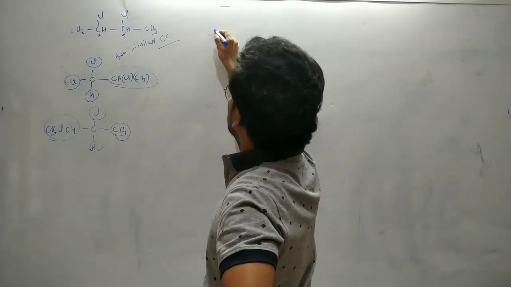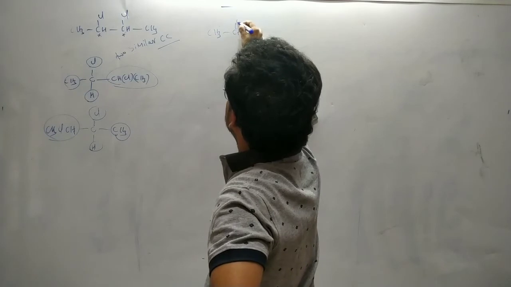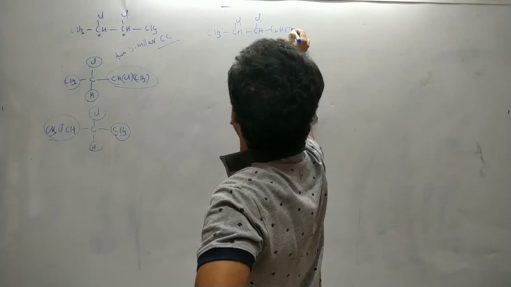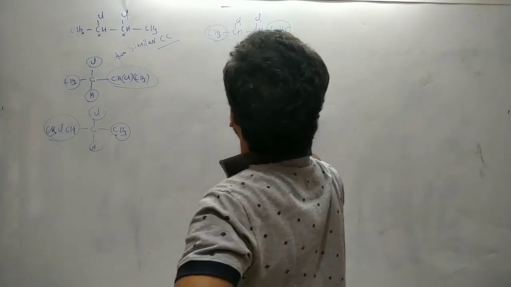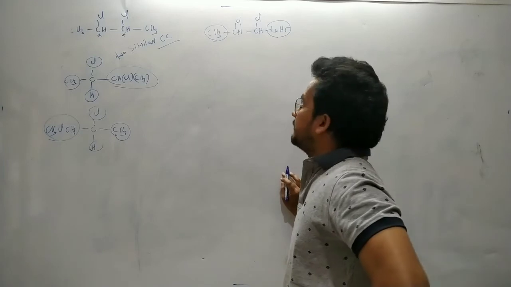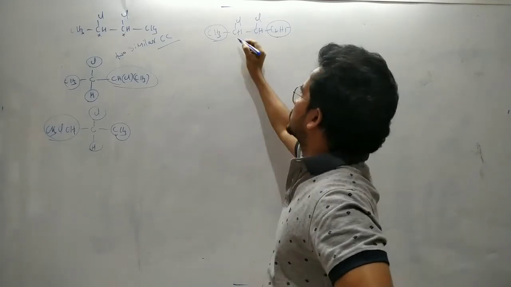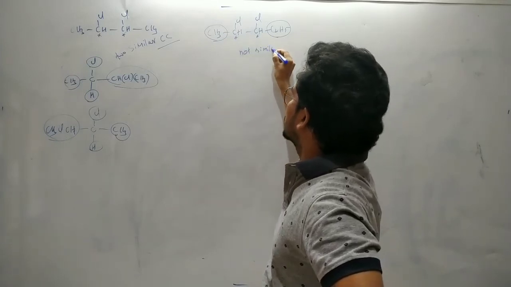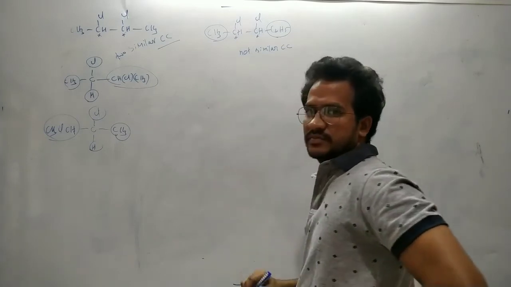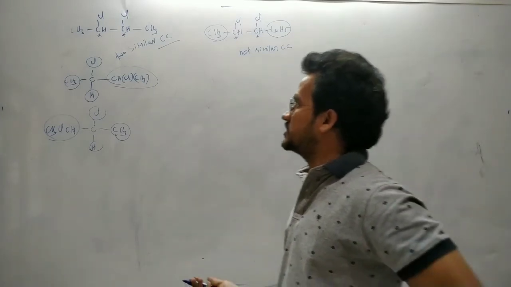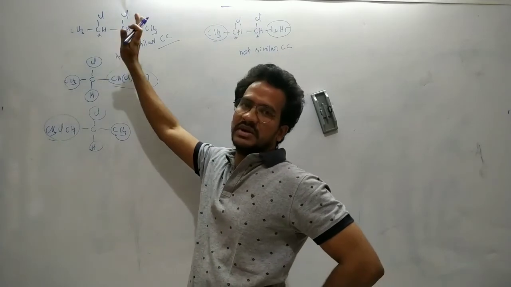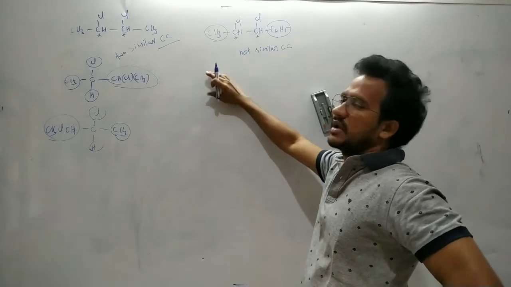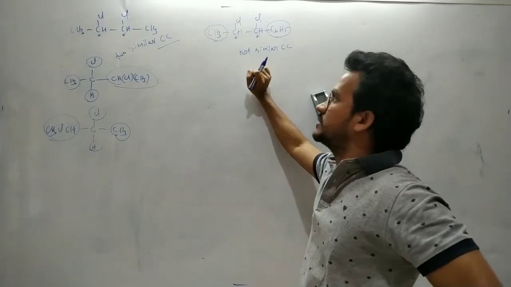Or suppose I write CH3, CHCl, CHCl, C2H5. This is the ethyl, this is the methyl. In this case they are not similar chiral carbons. Of course, this one has two chiral carbons, but not similar ones, with different groups on both sides. You can say simply that the first is a symmetrical molecule that can be cut into two equal halves. Here it is an unsymmetrical molecule that cannot be cut into two equal halves: one side methyl and one side ethyl.